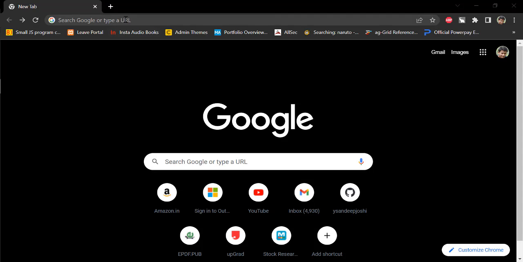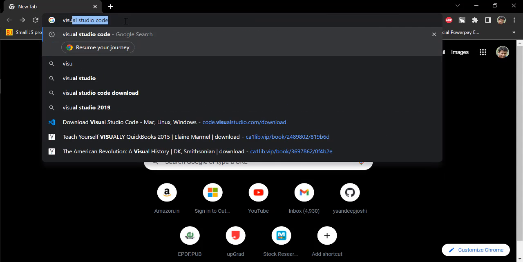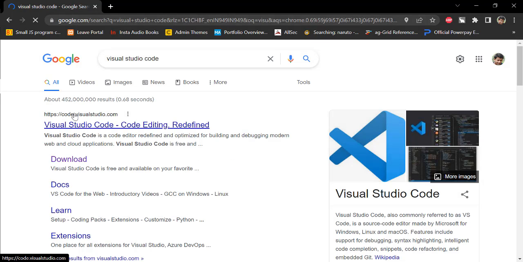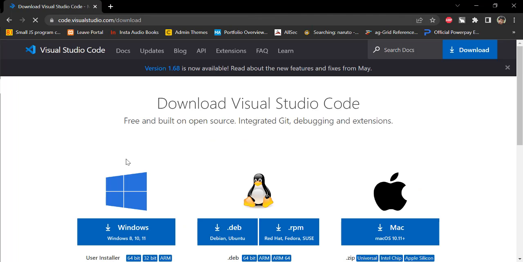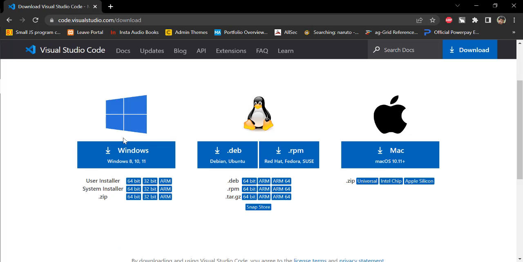So to download Visual Studio Code, I suggest you go to your web browser, to Google search, and search for Visual Studio Code. You will get it as the first result in Google, and click on download. If you're using Windows, you can just click on this one and follow the on-screen instructions to install, and it's pretty easy. It'll take hardly 1 minute to install. If you're on Mac or Linux, you can check the appropriate installer and install Visual Studio Code. But if you are doing it with some other text editor, I'm fine with that too.